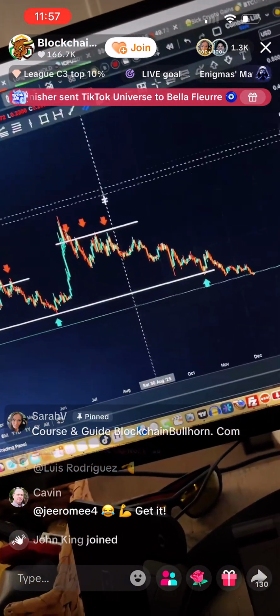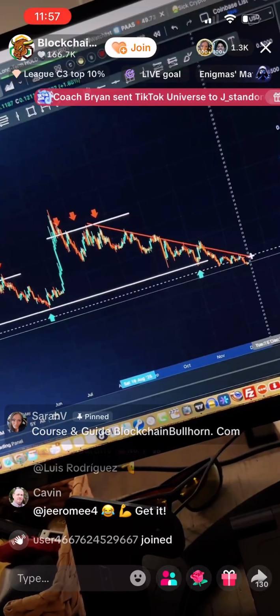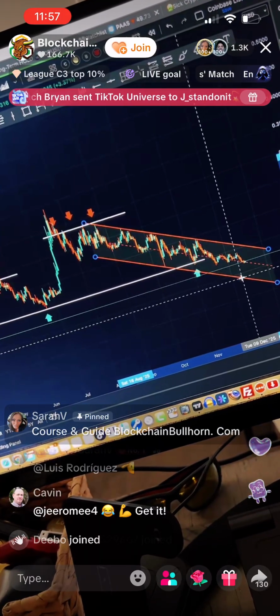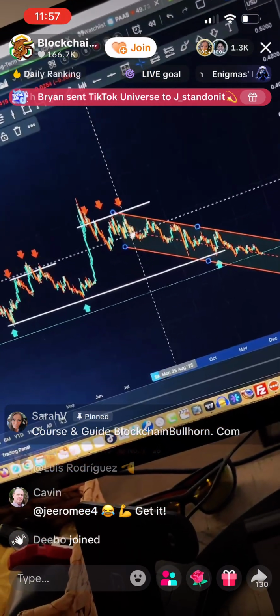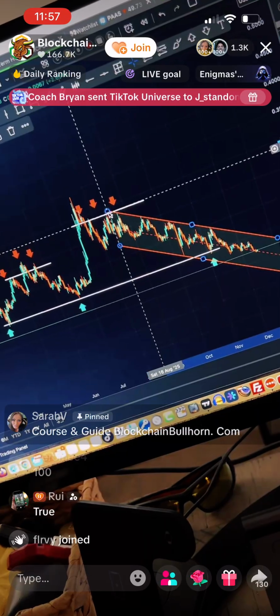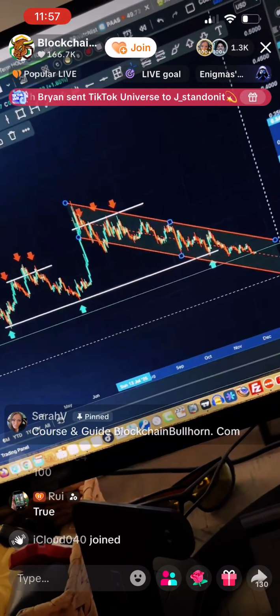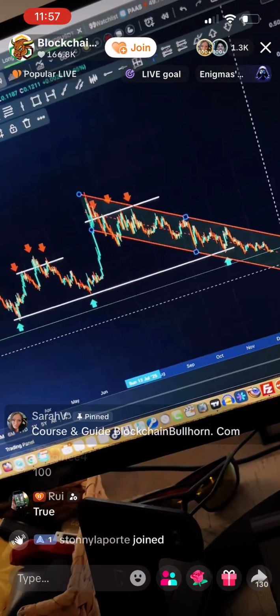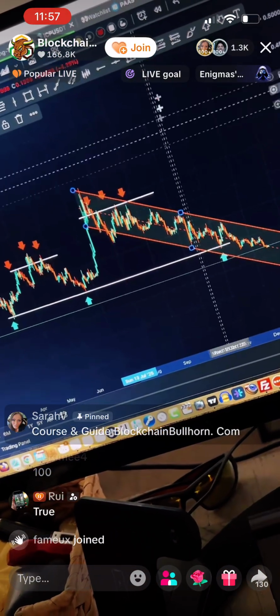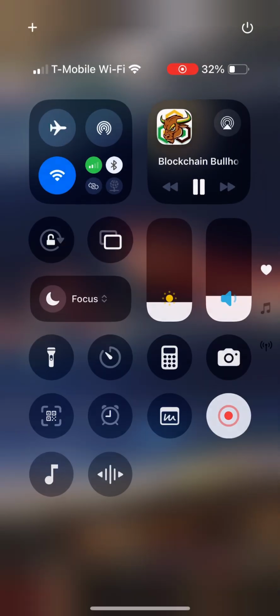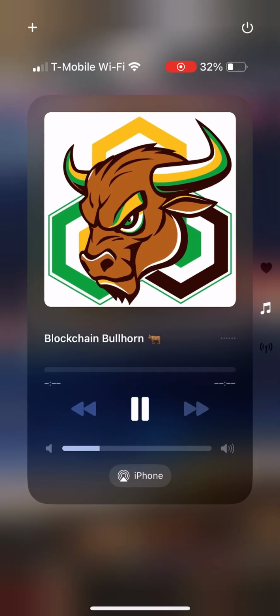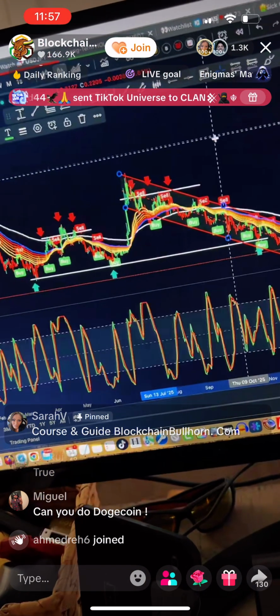I also can see that this is in a down pattern right now. The trend for Algorand is down. I'm actually going to drag this out, so this is a downtrend. I can clearly see that. Everybody on this live can see that, right? So now if I throw my indicator on, with what I just did,